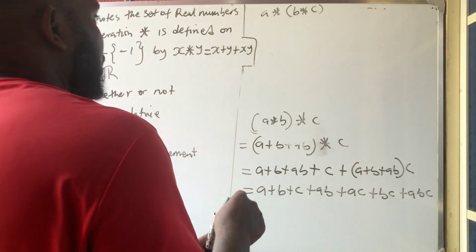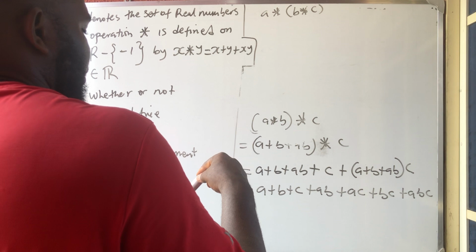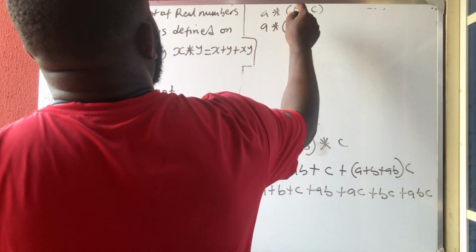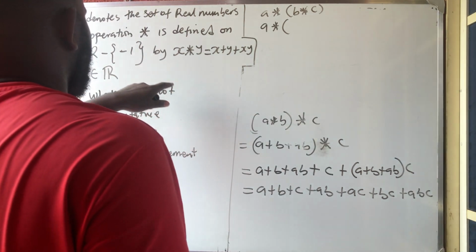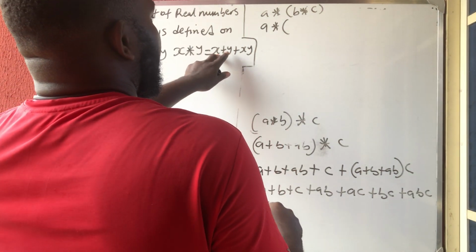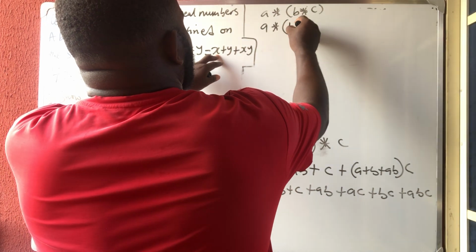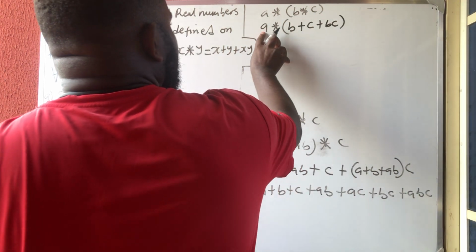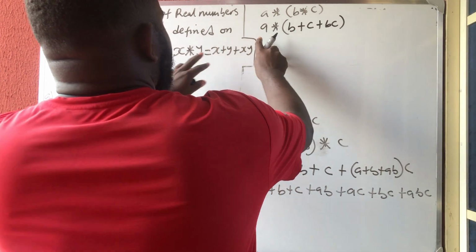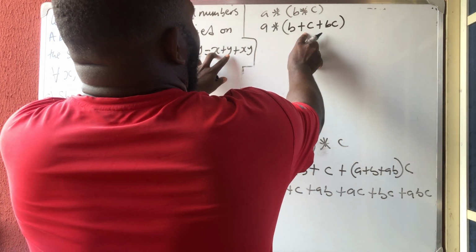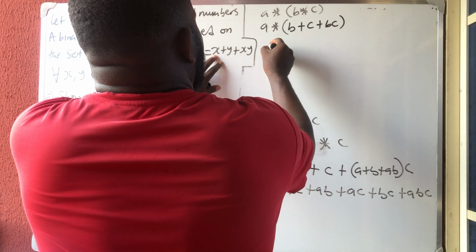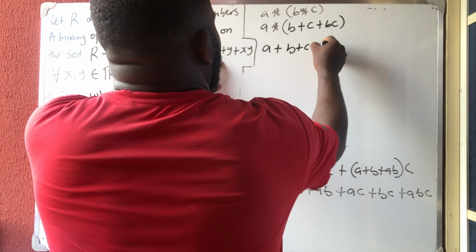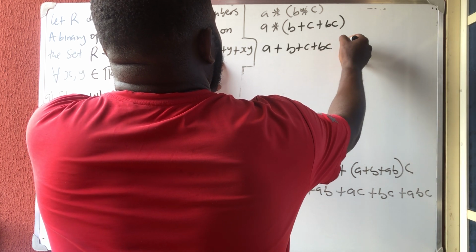So for us to check that, let us do the one in brackets first. That is A star. Now doing the one in bracket, anywhere I see X, I'm putting B. Anywhere I see Y, I'm putting C, which is B plus C plus BC. Then I want to use this now to operate this, which means anywhere I see X, I'm putting A, but anywhere I see Y, I'm putting all these things. So let me put that. A plus, let me put everything, B plus C plus BC. Okay, then plus,